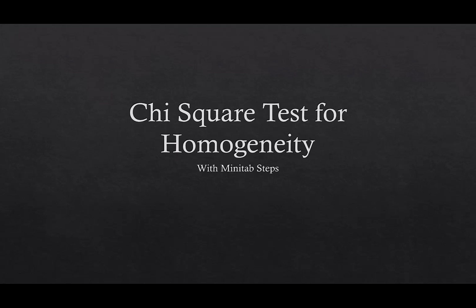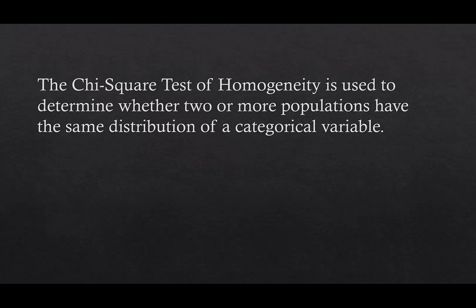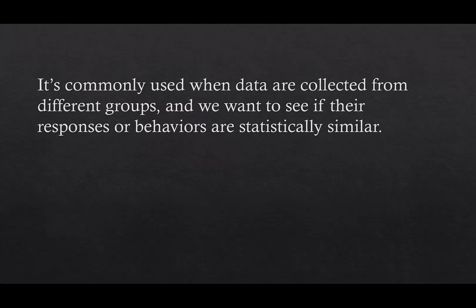Hi everybody, today we're going to look at the Chi-Square Test for Homogeneity, and we will use Minitab to help us perform our test. The Chi-Square Test for Homogeneity is used to determine whether two or more populations have the same distribution of a categorical variable. It is commonly used when data are collected from different groups, and we want to see if their responses or